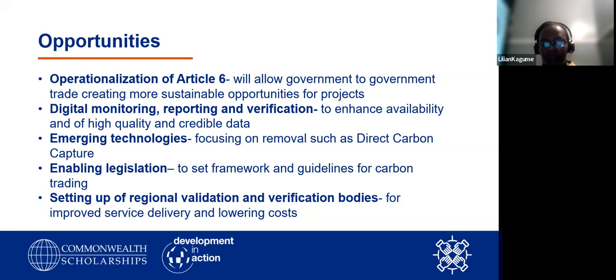We are seeing a lot of emerging technologies with very high potential for removals, like direct carbon capture. Then setting up enabling legislation in host countries, basically to set a good framework and guidance for carbon trading, and setting up regional validation and verification bodies for improved quality delivery, and also to lower cost to make it more viable